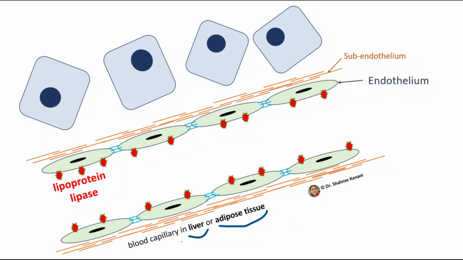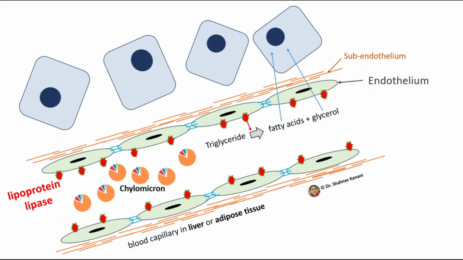The reason is when we look at the blood capillaries that we have in liver or adipose tissue, we notice that in the endothelium of these blood capillaries, recall endothelium refers to the simple squamous epithelium that lines the blood capillaries, we see an enzyme that is called lipoprotein lipase. When chylomicrons get here, these lipoprotein lipase enzymes start breaking down the triglyceride molecules that we find in chylomicrons. The result would be fatty acids and glycerol that will be sent into the adipocytes or the liver cells, depending